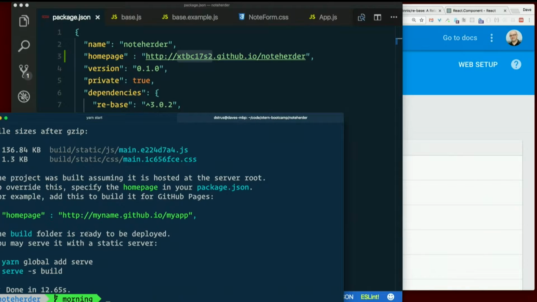The build folder is ready to be deployed. You may serve it with a static server. So this build folder, that's what we actually want to be on that GitHub Pages branch, right? That's the real site. But we don't want to have to manage that ourselves. That's a pain in the neck. When your GitHub Pages branch needs to hold completely different stuff from your main branch, let's let something else manage that for us. Thankfully,